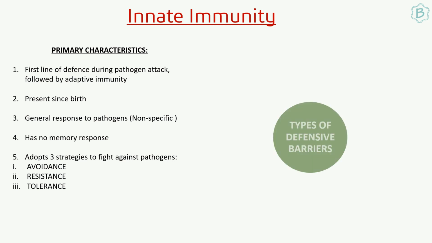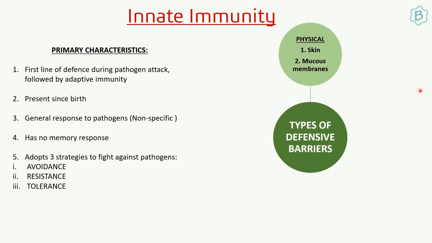This diagram over here will show you all the five different types of barrier which come up in innate immunity. So the first is physical, then there is chemical, then there are soluble effector proteins, there is a cellular barrier, and the fifth barrier is cell associated pattern recognition receptors and sensors.